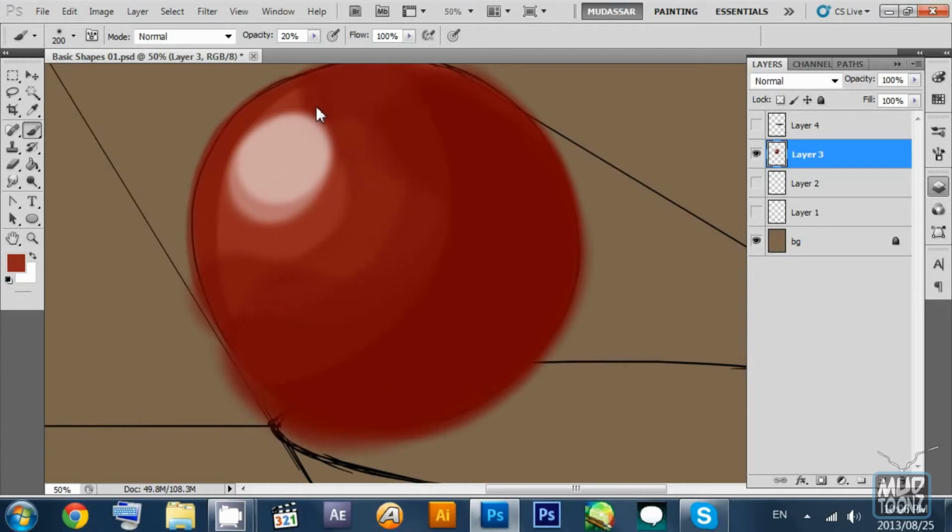Okay, so now I'm picking colors from in between these two color tones, and to pick colors from your work area, you just press the Alt key and then select the color area that you want to pick, and still I'm using opacity at 20% so that it comes to a smoother transition. Now it looks fairly close to a circular sphere, adding more detail,